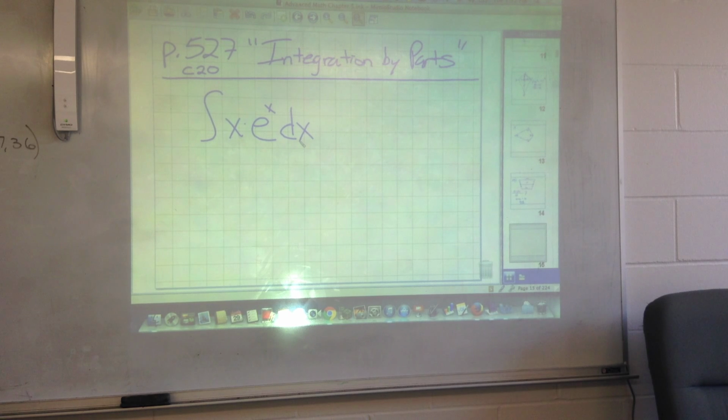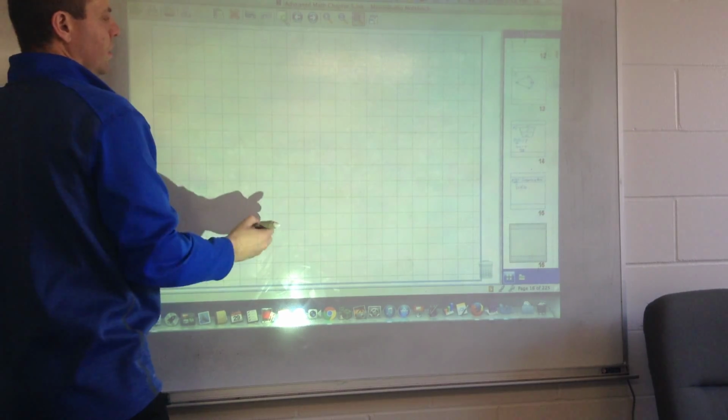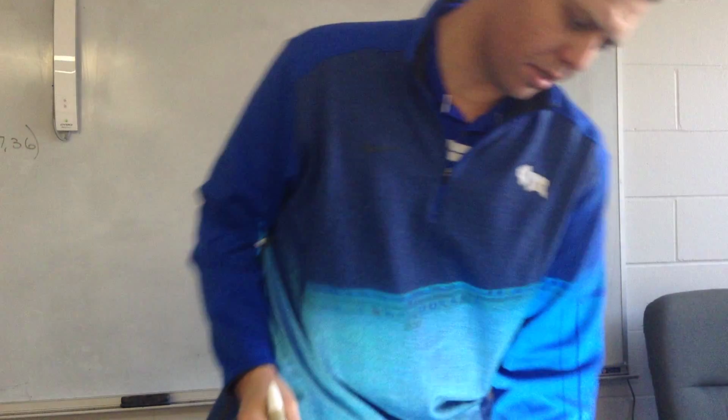So really, integration by parts is kind of the undoing of the product rule, the 1d2 plus 2d1, in a sense. Okay? So the rule is